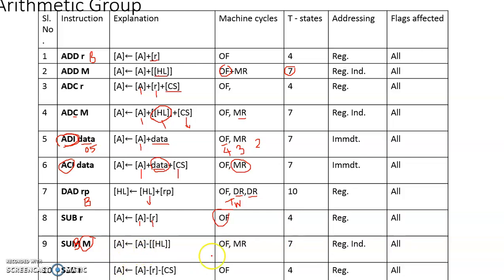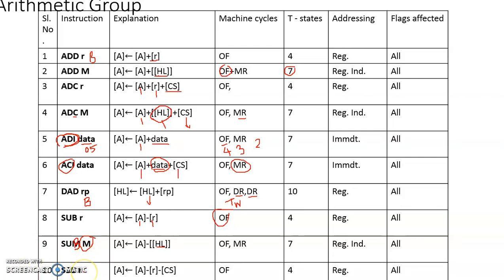For this operand, addressing mode is register addressing mode, and however for this operand, the operand happens to be the content of a memory location. The address of this memory location is loaded in the HL pair, and the symbol of the HL pair is used indirectly to show that this happens to be the nature of the operand. So addressing mode is register indirect addressing mode. All status flags once again will be affected following this instruction.